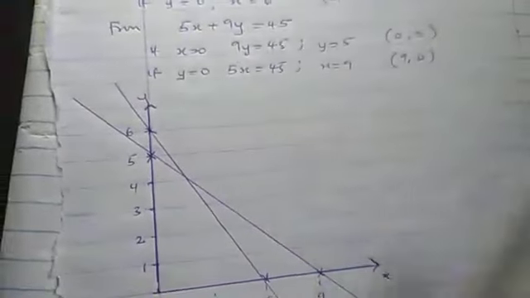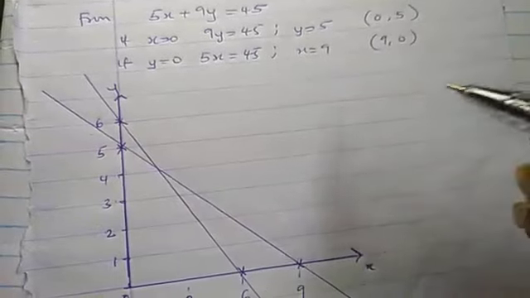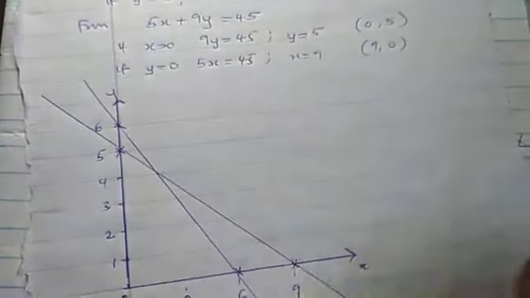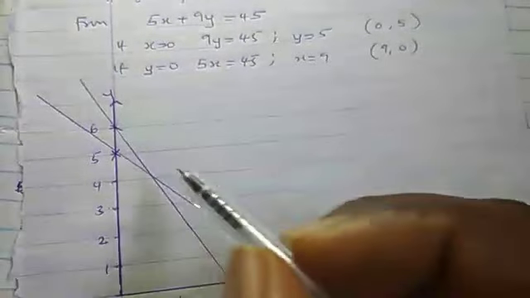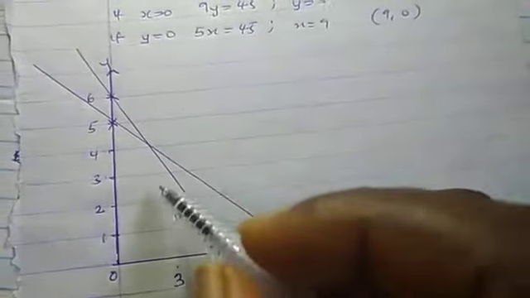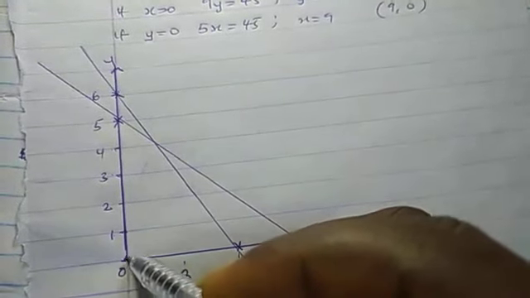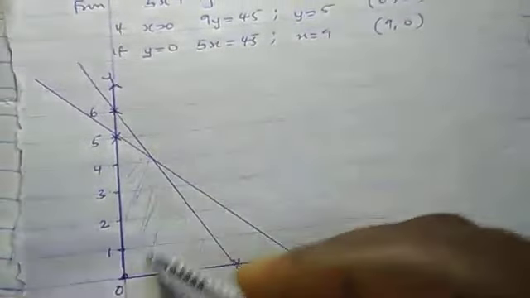The next thing now is we look for the visible region. We have said that the visible region is the set of points satisfying the constraint. We plot the constraint on this graph, so we need to know the visible region. Normally, the visible region for minimization will be the one that is close to the origin here. So this is the visible region.